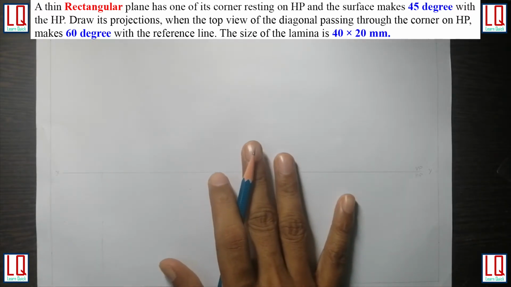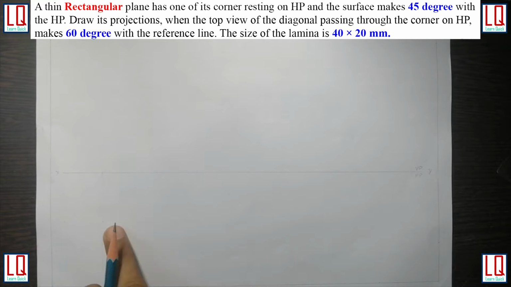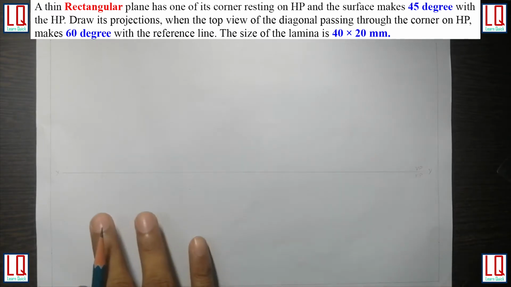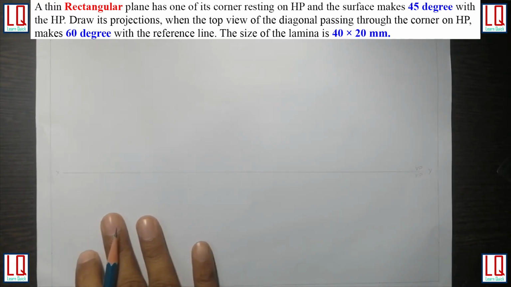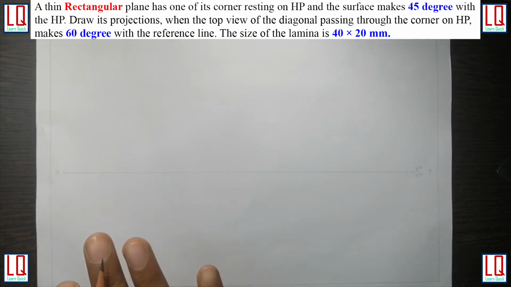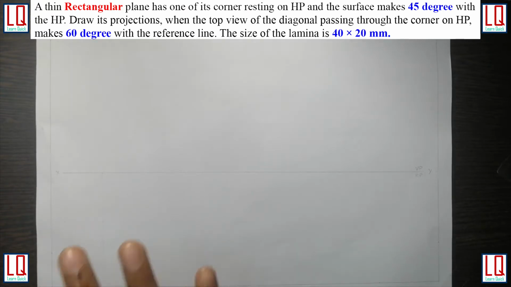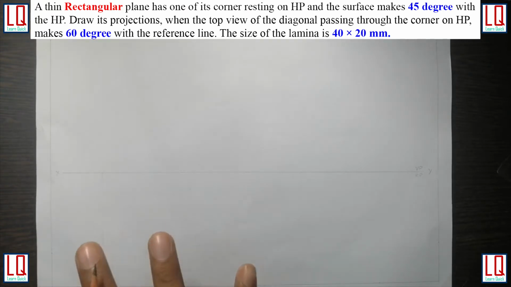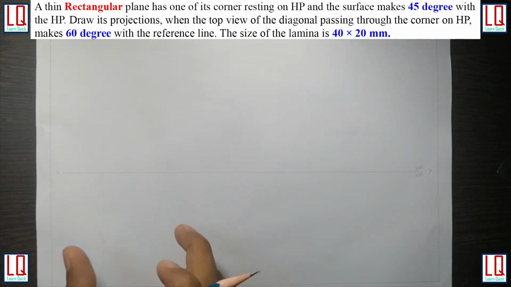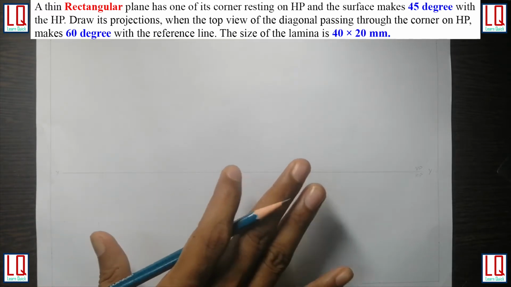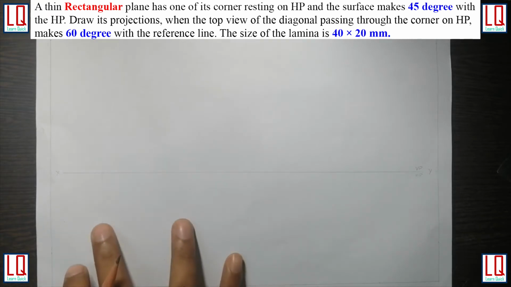So to start the projection of plane, we have understood the steps: step 1, step 2, step 3, step 4, step 5 and then step 6. We have decided this is step 1 because the rectangular plane is going to be horizontal to HP and its corner is resting on HP. So I have to make sure the two corners lie parallel to my XY line, so that whether I incline the rectangle to the left or right, the corner is going to be resting.